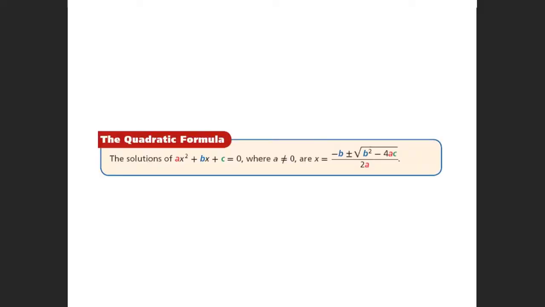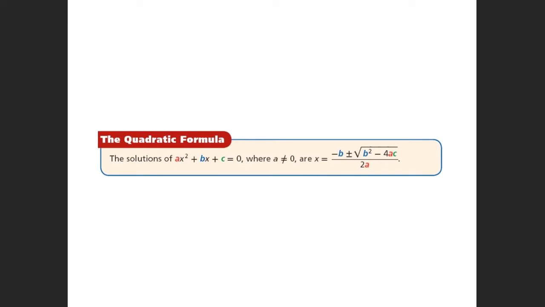This week we're going to be using the quadratic formula to solve quadratics. Last week and the week before we used factoring to solve. Last week we used the cheater method to solve quadratics when there's a number in front of the x squared. And the week before we just used regular factoring to solve. This week we're going to be using the quadratic formula to solve